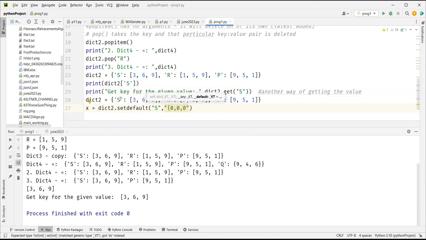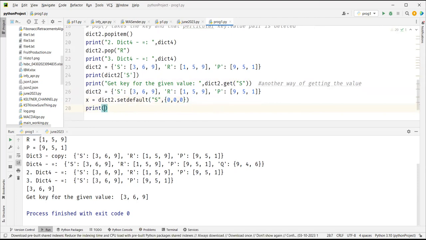Why should I give quotation? No, this is a list, not a string. So I give 0, 0, 0. Now when you print X,